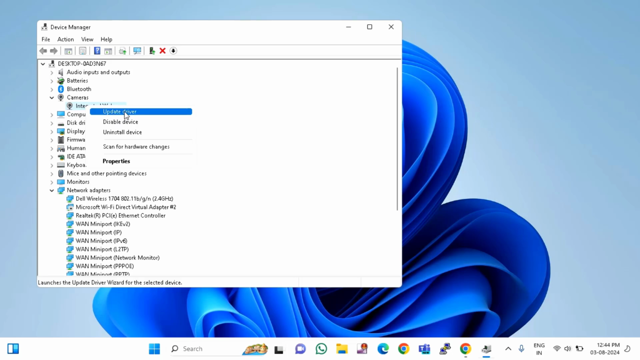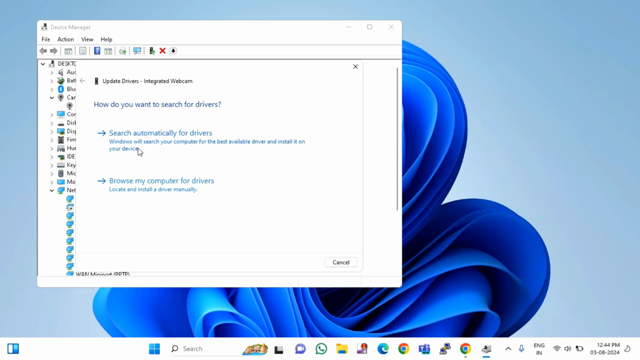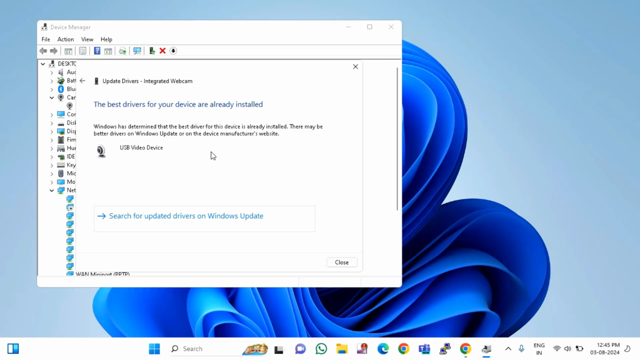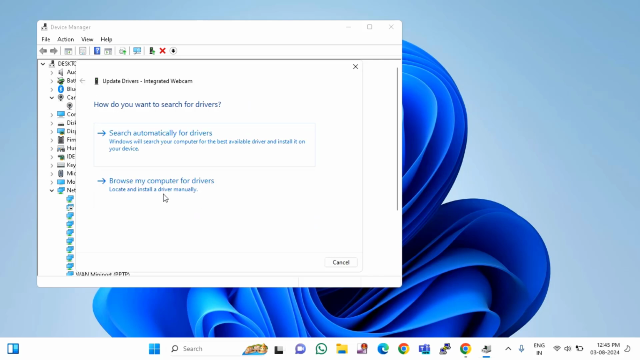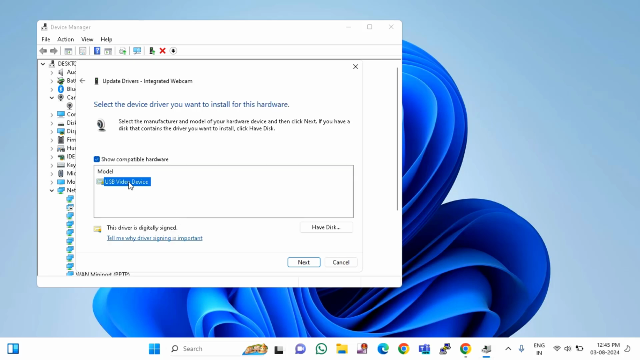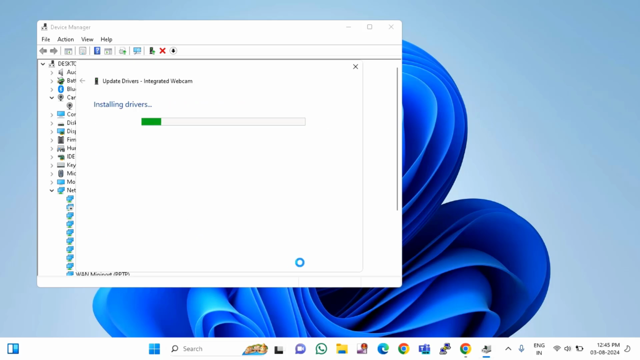After that, you will find another option, update driver. Click on this update driver, click on search automatically for drivers. You have to make sure that you are connected to the internet. If this option doesn't work, then go back. You will find the second option, browse my computer for drivers. You can see here, let me pick from a list of available drivers on my computer. Click on this, select your driver, click on next,